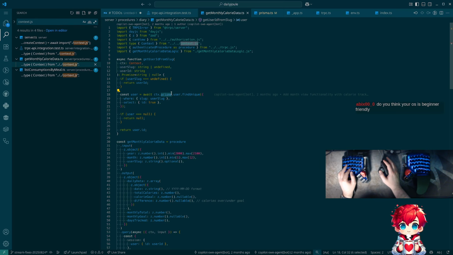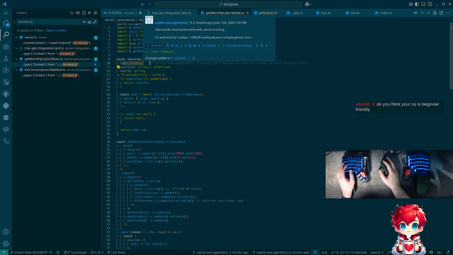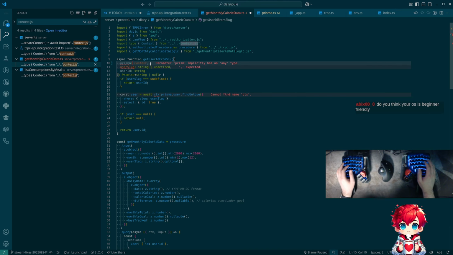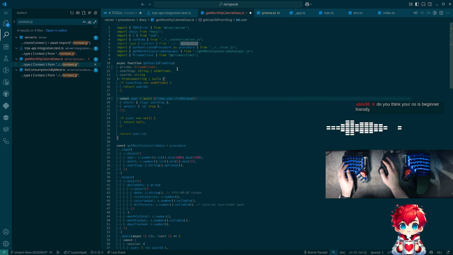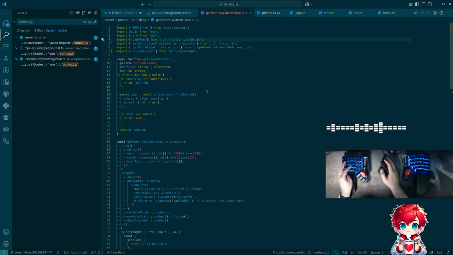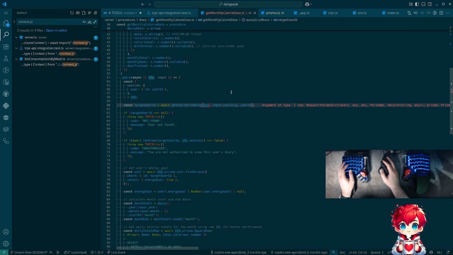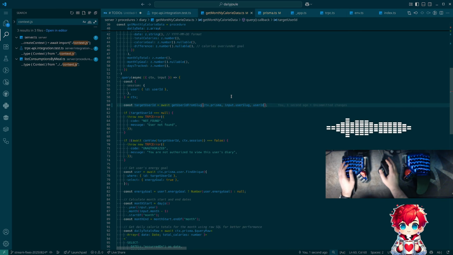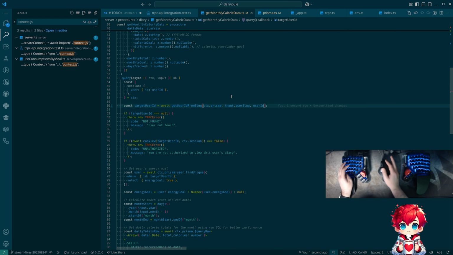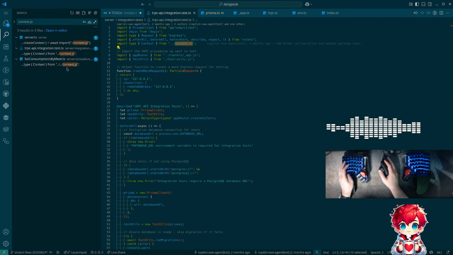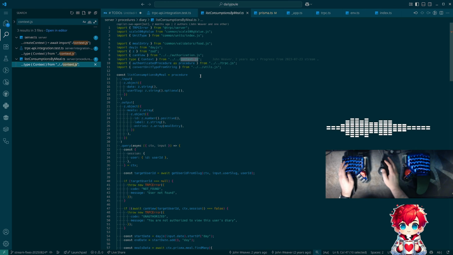Why wouldn't we just import Prisma? Yeah, and then you need to import and get rid of that import. Okay. And then we can just pass context.prisma. Yeah. So that's one less place that's directly importing from context. And then